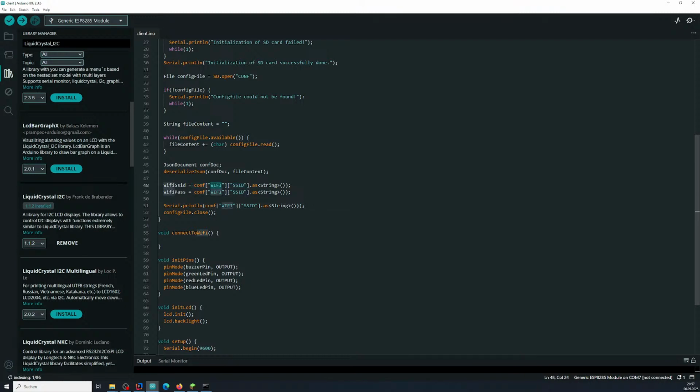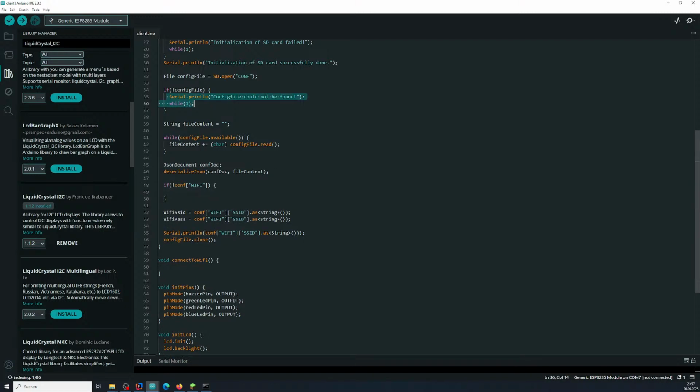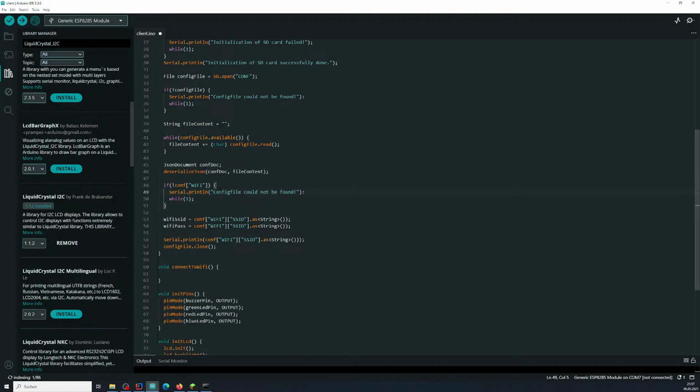But what if I have an array key that does not exist here? So first, if conf WiFi, or if not conf WiFi, then I just make this here. WiFi config: WiFi could not be found in config. How do you call WiFi? WiFi object could not be found in config,